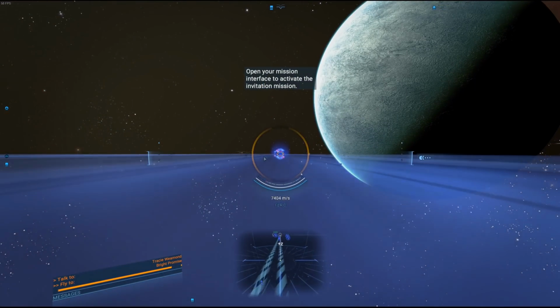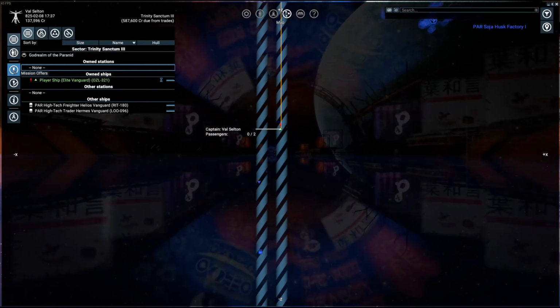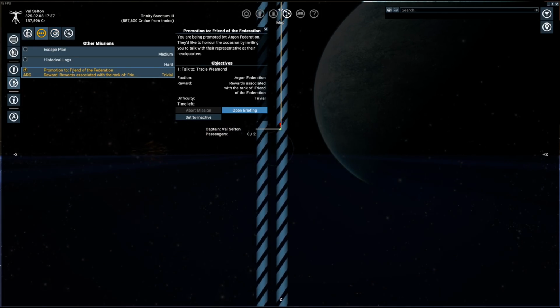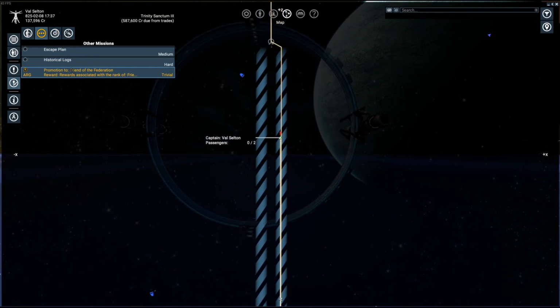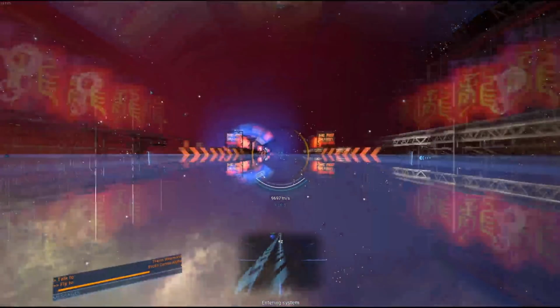Yeah, and open your mission interface to activate the invitation mission. We've pretty much already got it automatically created for us, I would imagine. Yeah, there we go. It's already active, so we don't have to do anything. This is going to just give us the right route. So we just need to go to Profit Center Alpha,